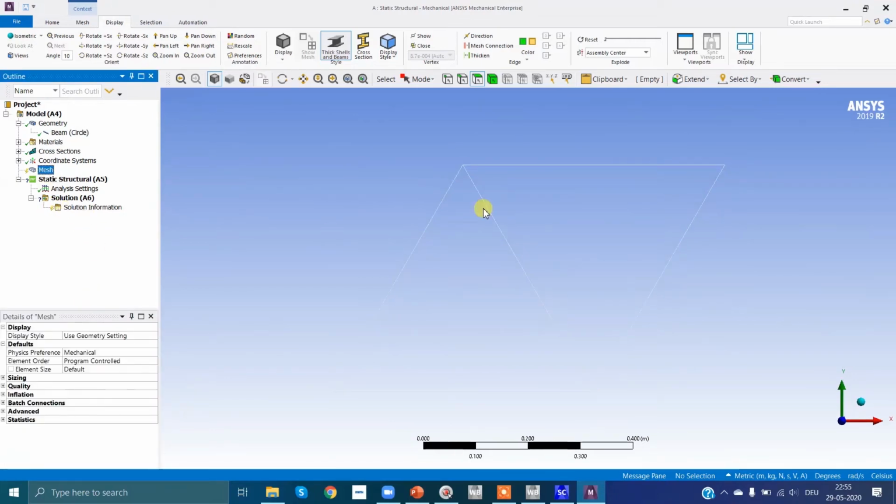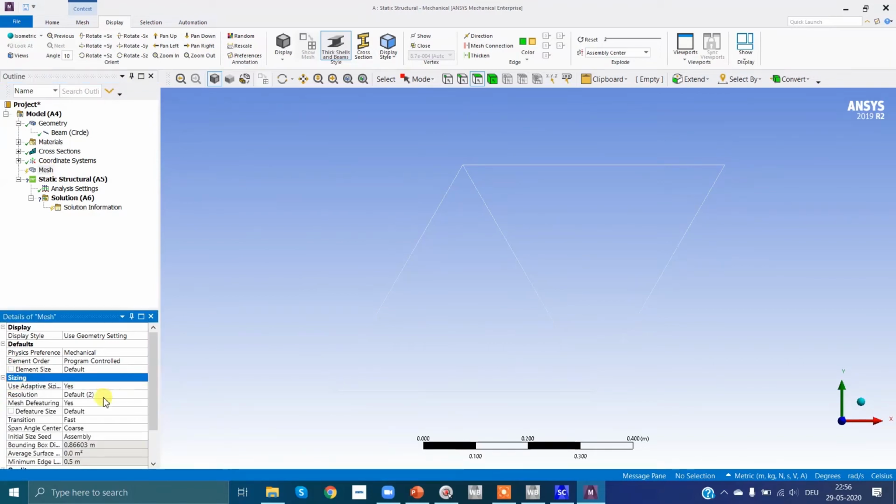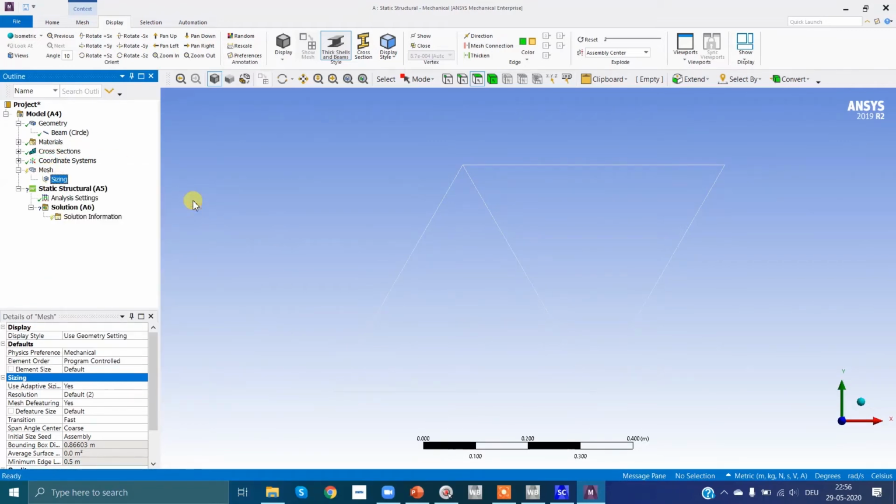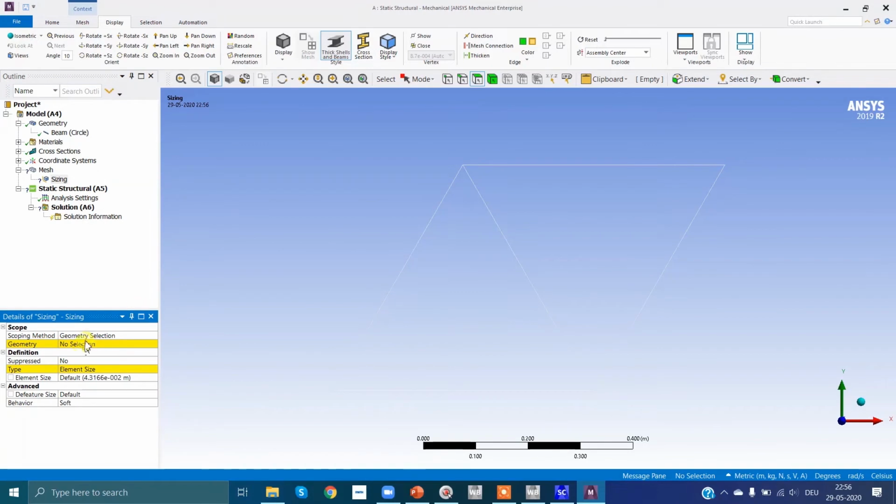While doing analysis of links, we generally consider one link as one element. So we need to enter sizing here. We will right click on that, insert sizing. We will select geometry. We will consider all bodies and then we will select this.